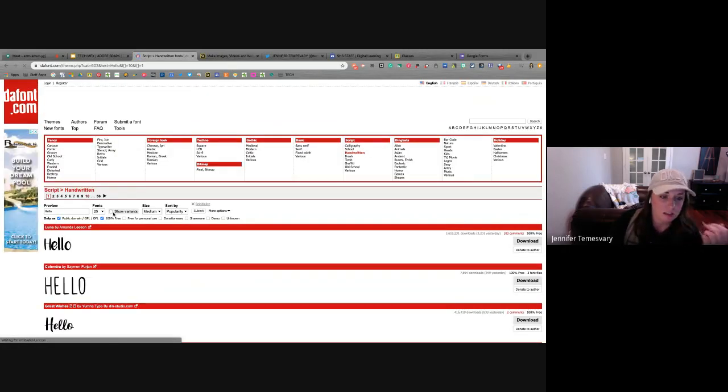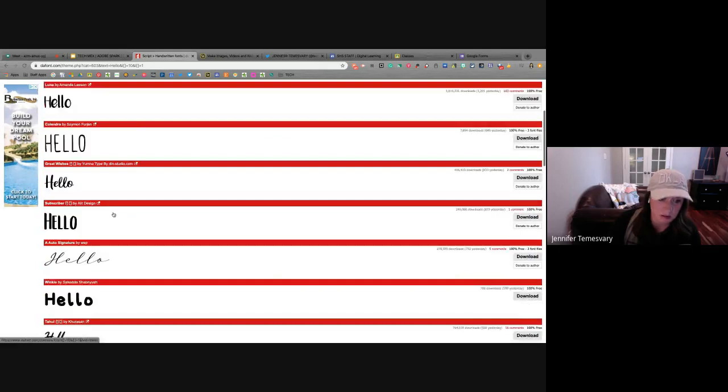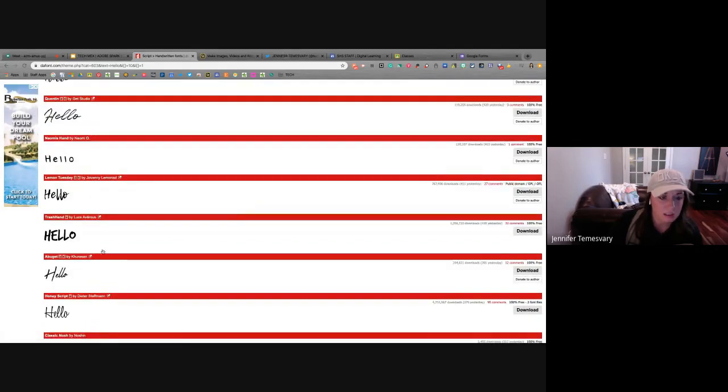And the free ones, there are still some really good fonts in the free ones. I mean, there's some really great fonts in the other ones as well, but you have to be mindful of that. So this one right here, say I like that little guy, or this one. I actually use this one a lot. So if I wanted to download it, all you do is you click download, and then you open it up, and I don't want to do it because it might take a second, but you'll just hit